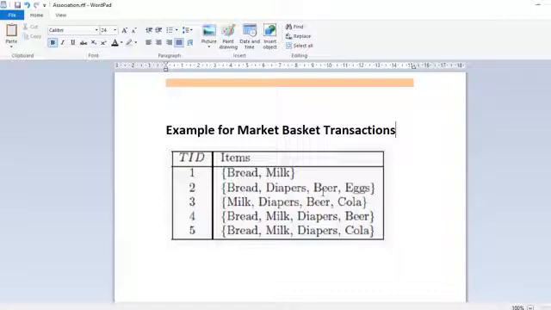There are two key issues which need to be addressed when applying association analysis to market basket data. First, discovering patterns from a large transaction data set can be computationally expensive. Second, some of the discovered patterns are potentially spurious because they may happen simply by chance. You should be careful about these two key issues while applying association analysis. So this brings us to the end of introduction to association analysis. We will see the problem definition and key terminologies used in association analysis in the next video lecture.